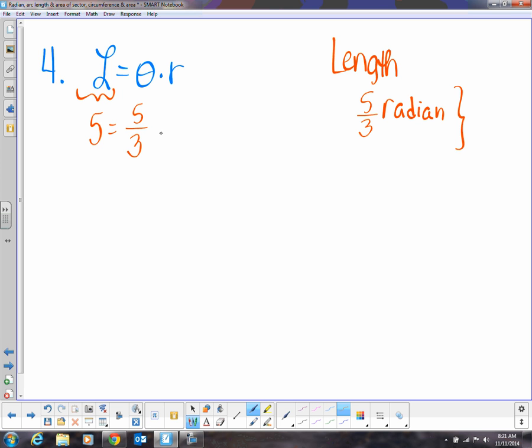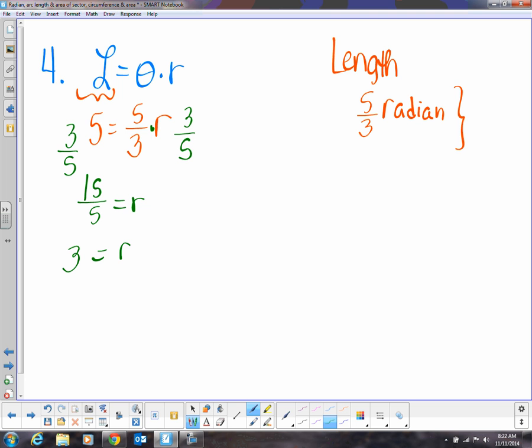So that's 5/3. And the question says, what is the radius of the circle? So if you have filled something in for R, you know you've done it wrong. So how do we disconnect this? Because it says arc of length 5, we're going to multiply by the reciprocal. At which point you get 15/5, which reduces to